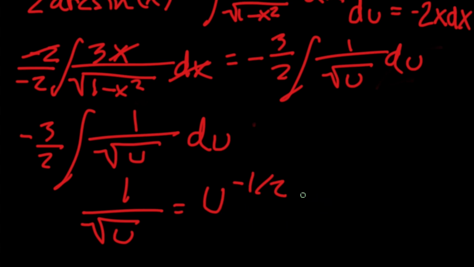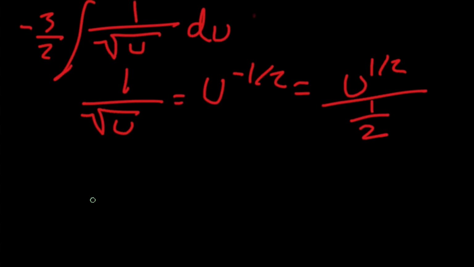And if we're integrating, we add 1, so we're going to get u to the 1/2. We divide by that new power, which is just 1/2. And any number divided by some fraction, all you have to do is multiply by the reciprocal of that fraction. So we're basically going to get our integral is just u to the 1/2 times 2 over 1, that's the reciprocal of 1/2, which gives us 2u to the